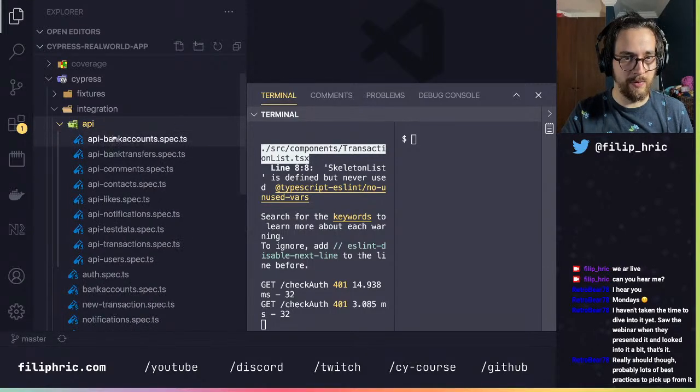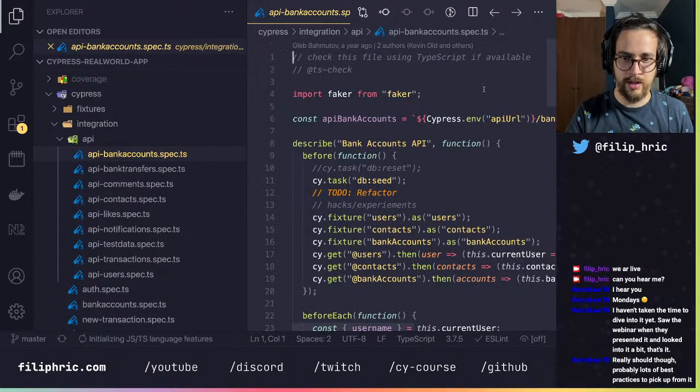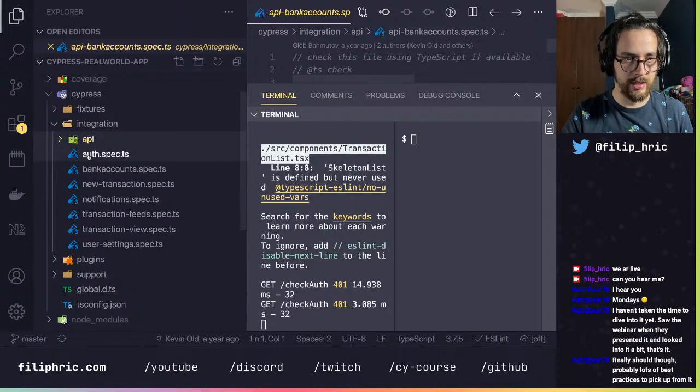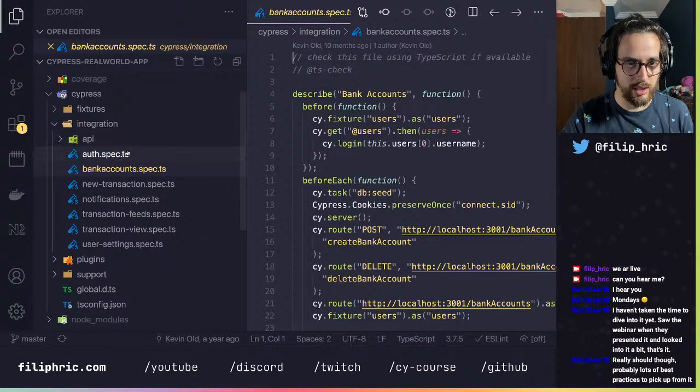There's an API folder, which is probably just testing the backend of our application. And there are a couple of tests like auth, bank accounts and stuff like that.